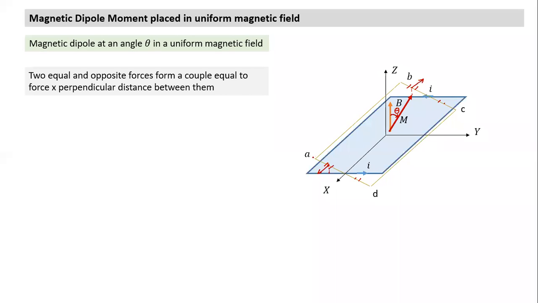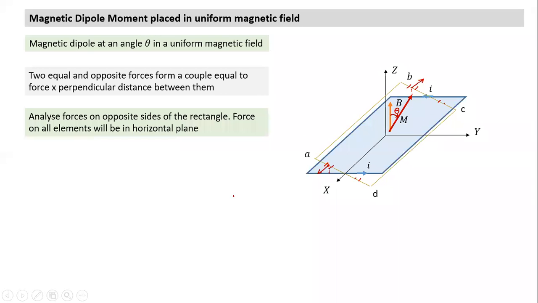So two corresponding forces will be in the same horizontal plane. But let's come to what happens to the force acting on sides AB and CD. Analyze forces on opposite sides of the rectangle. When I calculate the force on sides AD and BC, on the corresponding pair of elements, I find the forces are in the same horizontal plane. How do I check the horizontal plane? Z coordinates are equal here. Z coordinates are equal when I tilt. If I take corresponding equal z coordinates, these are two equal and opposite forces, but the perpendicular distance between them is zero, so they are not forming a couple. So forces acting on these two sides do not form a couple.